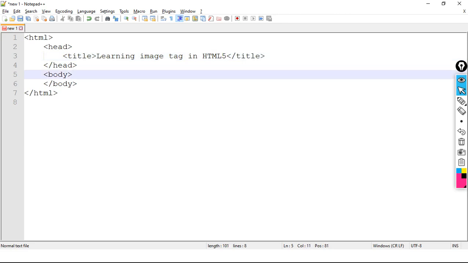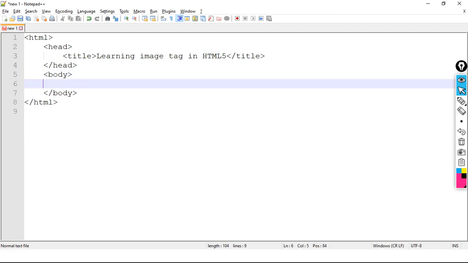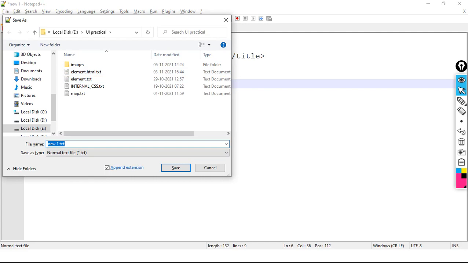In body I am going to take one paragraph: display image here, /p. Let's observe the current output.